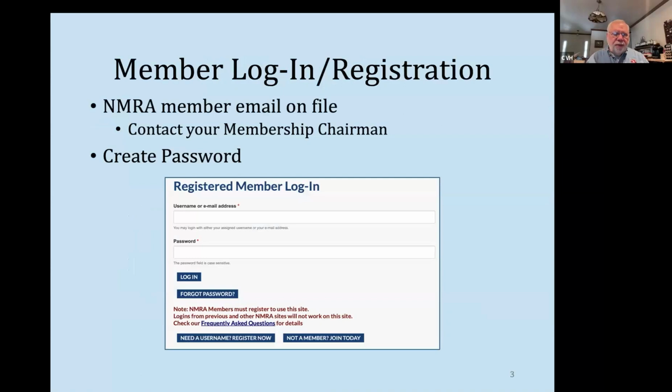So the member login is up in the upper right-hand corner of the public portion of the website. You do need to have an email address to get into the member portion of the website, and that email address has to be the one that NMRA has on file. If you're using an email address different than what the NMRA has, you won't get into the member portion of the website. But anyway, you would create your password using your registered email and